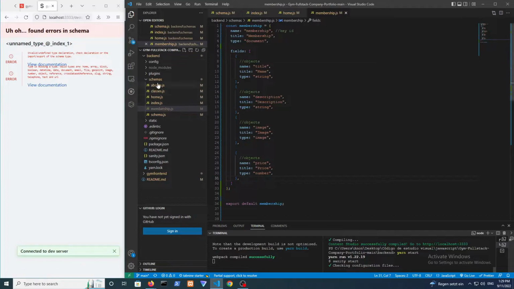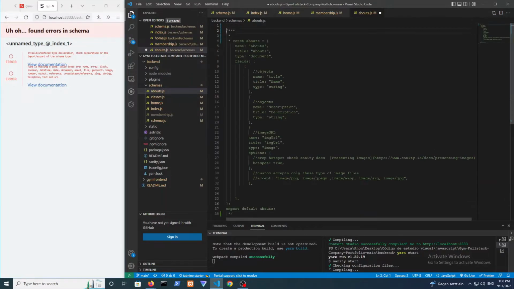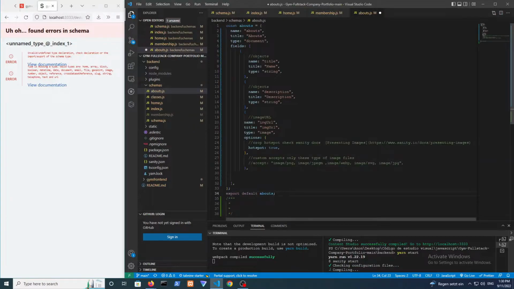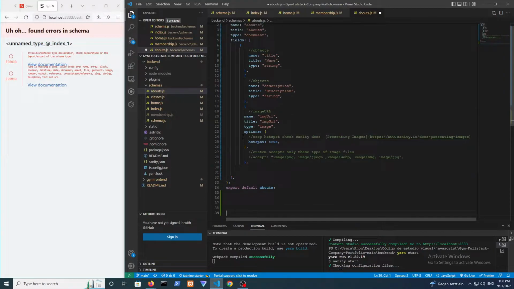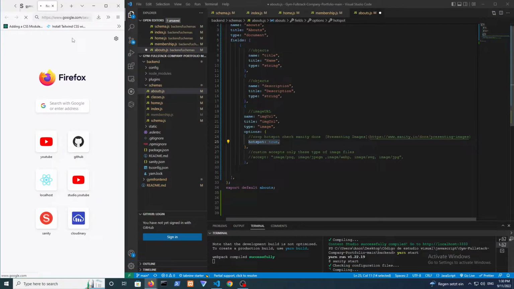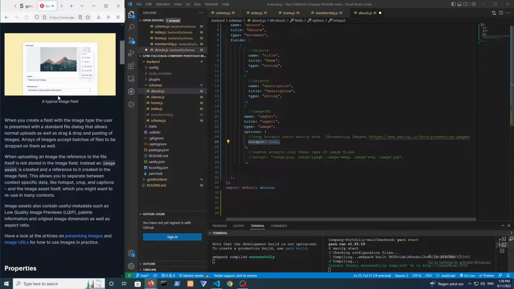And let's go also into our about. Okay, the about is going to be the same thing, so let me just Control Z and get this code as well. So again, it is the same thing. The only difference is I just have this options parentheses over here that takes the hotspot. And if you check out hotspot true, Sanity, this basically just